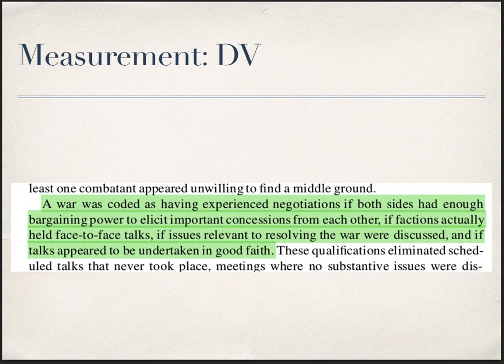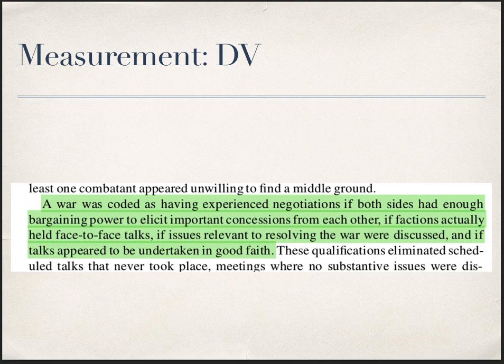First, let's take a look at the DV. Walter has two DVs that she's interested in. The first is whether there is a negotiation of any kind. Here's how she measures that, right? Both sides need enough bargaining power to elicit concessions from the other, right? The United States negotiated a peace with Japan at the end of World War II, but it wasn't really a negotiation at that point. So Walter argues that we need to measure and see if there are important concessions coming